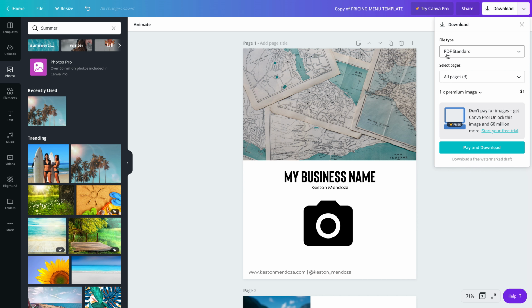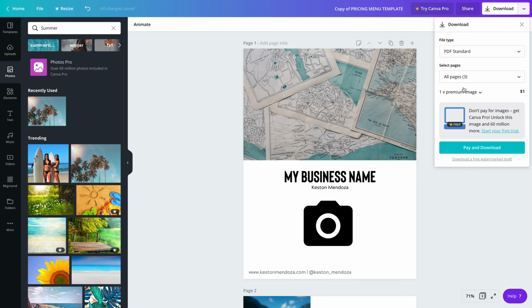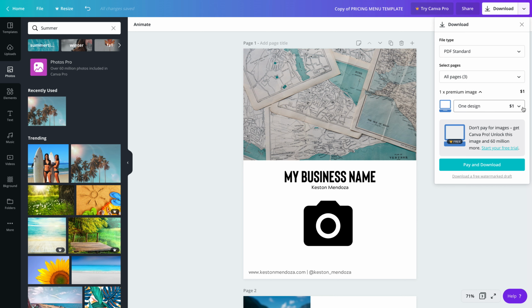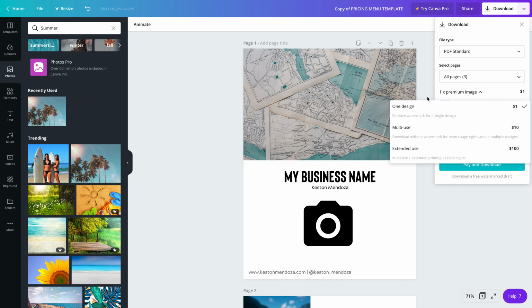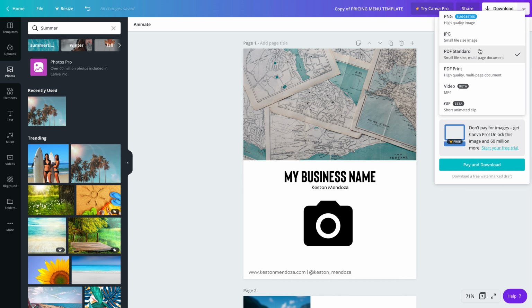That's totally fine. You want to make sure you have all your pages selected, so all pages, or if you just wanted to do page 1, 2, 3 separately, you could, but I mean, we need all the pages, so we're going to leave it as all pages. And then let's see. Okay, it's making us pay for the PDF. So if you wanted to, you could pay and download. I'm not sure why it actually charges you for the PDF. I never really use PDF, but